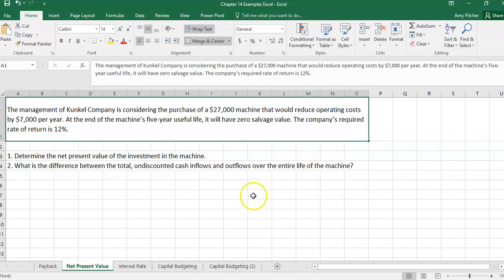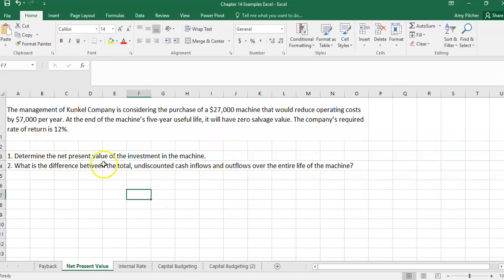The next example that we're going to look at is looking at the net present value of a project. So we have a company that is looking to purchase a 27,000 machine that would reduce our operating costs by $7,000 per year. The machine has a 5-year useful life and 0 salvage value. We have a required rate of return of 12%, and we're looking to determine the net present value of the investment in this machine. So we need our investment,